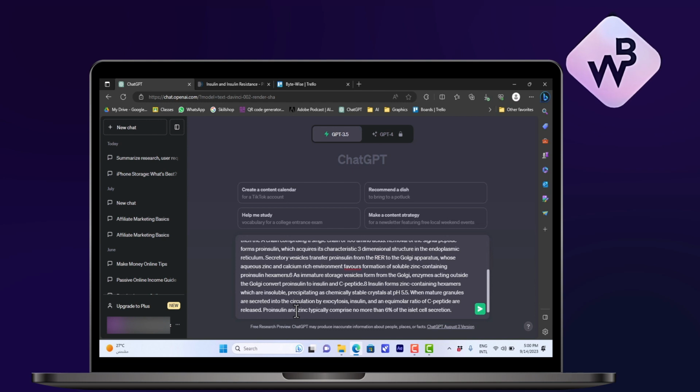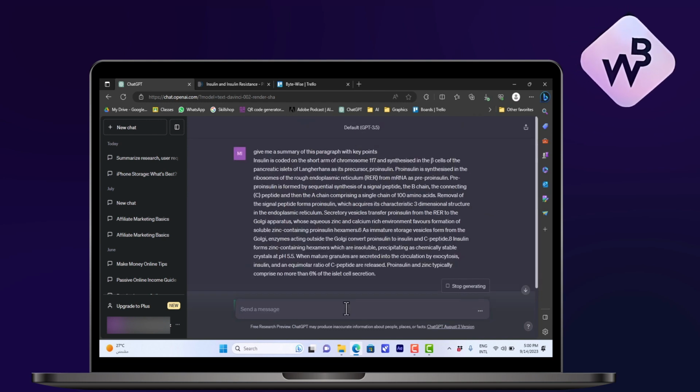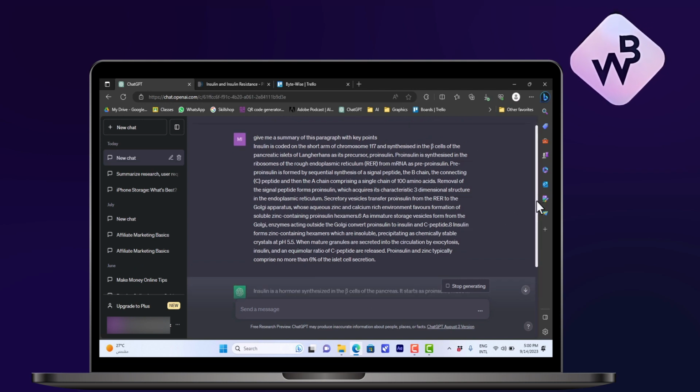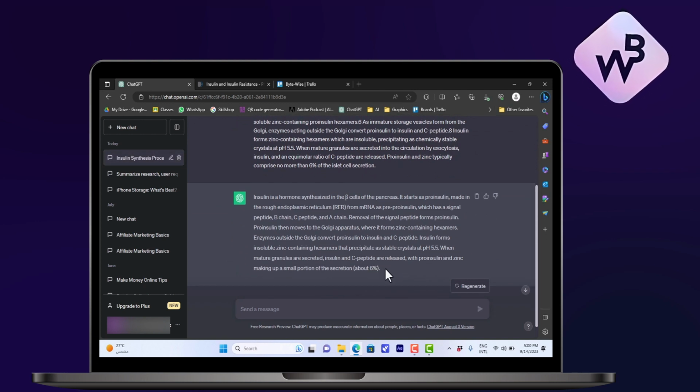And then I'll paste it and then click here or press enter. And like that, ChatGPT will give me a summary of the article for me,